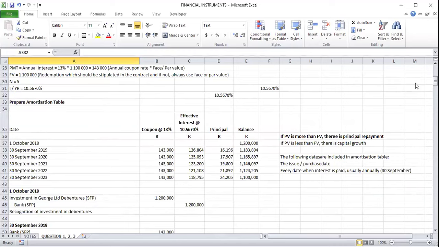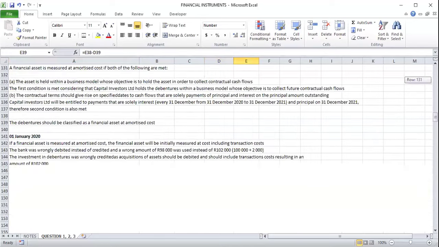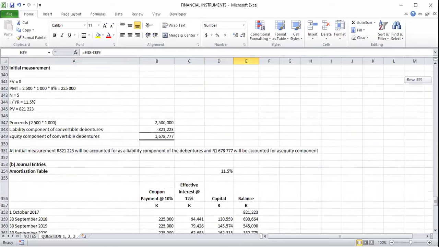Like this one, amortized cost, this 16 will be current. When we're on 30 September 2019, the 17 for 2020 will be current, and this one will be non-current. So amortized cost results in current and non-current, unless there's capital growth, in which case the whole amount will be non-current as long as the redemption will take place after a year. But if it's at fair value through other comprehensive income, then we include them under non-current